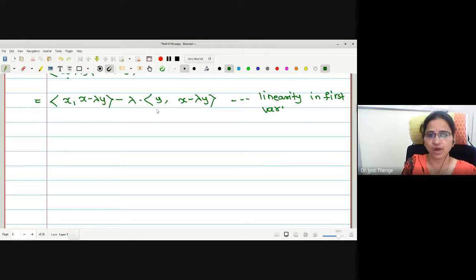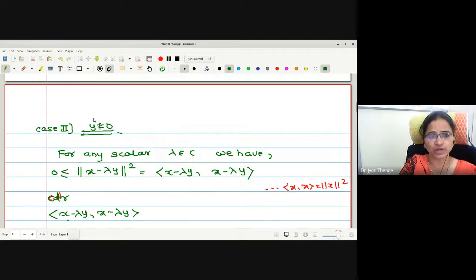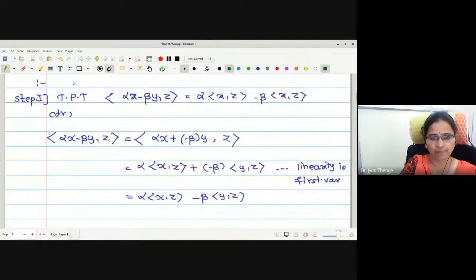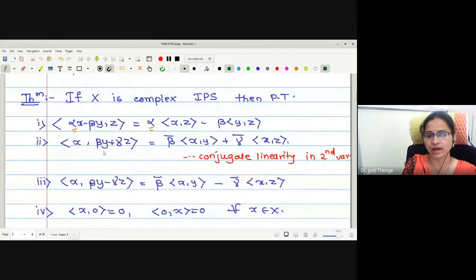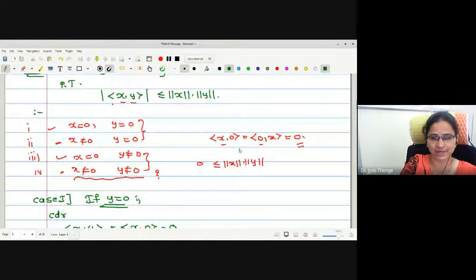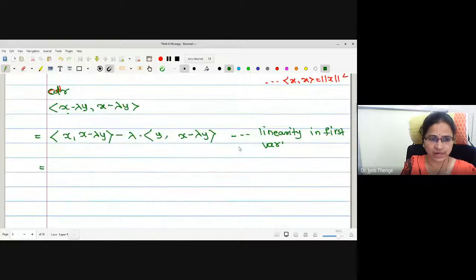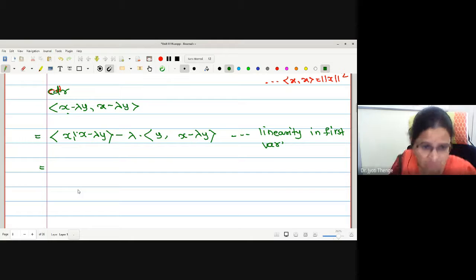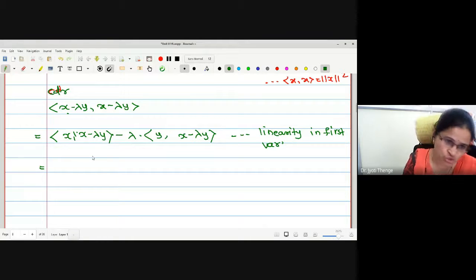Linearity in first variable. Now we will use the linearity in the second variable. But this is not actually linearity. What is it? This is conjugate linearity, no? Let us recall. Yes, ma'am. Whenever you want to separate this linear combination in the second variable, it can be written like a linearity, but the scalar should be with the conjugate. Therefore, this is called conjugate linearity. Therefore, here now I am ready to use the conjugate linearity, right? Now the conjugate linearity, for the first inner product I will use the conjugate linearity. Now what is the scalar with x? This is 1, no? 1 dot x. Therefore, if I take this out with conjugate, there is no effect, right?